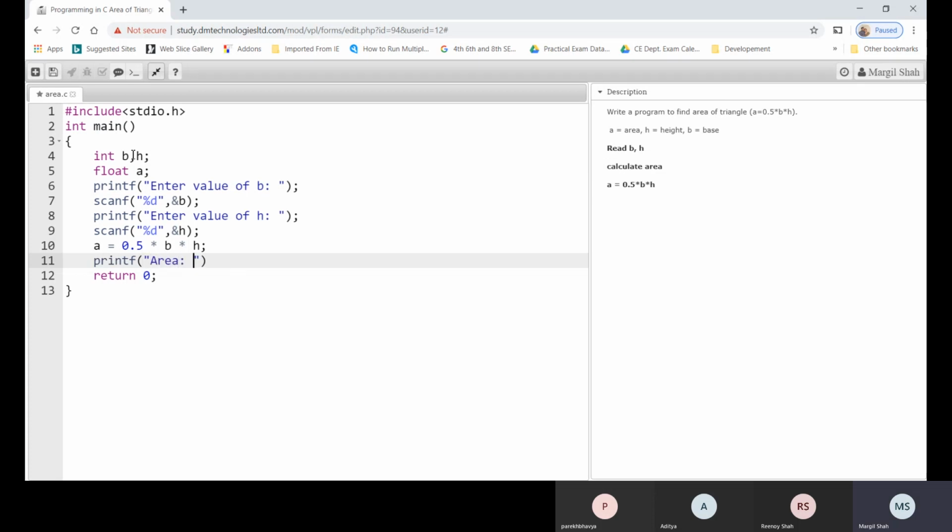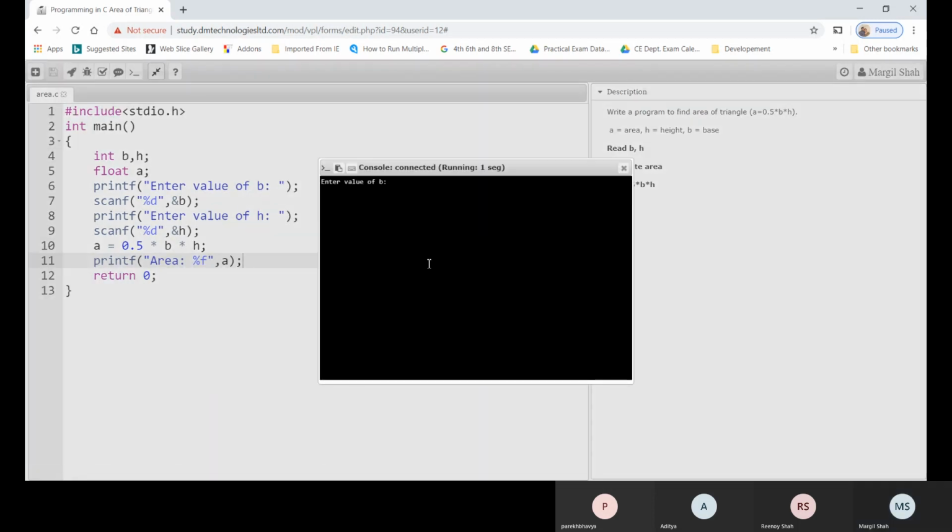Area. And in a previous example we have seen that we used .1 over here before %f. Now here we are using %f directly. Let's see what the output of this is. See, this is the output.